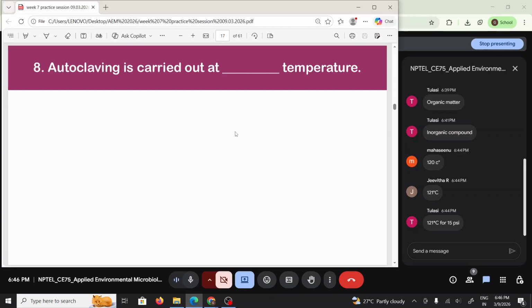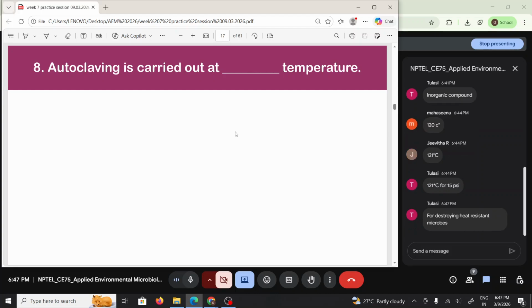So autoclaving is a sterilization technique wherein we try to eliminate any microorganisms that are present in our reaction media, reaction vessels, or any other items that we use in microbiological systems. This is basically a sterilization technique, and there are also different sterilization techniques like heat based, which again is the autoclave, or direct or dry heating in a hot air oven, which is also possible. We use flame, like inside the